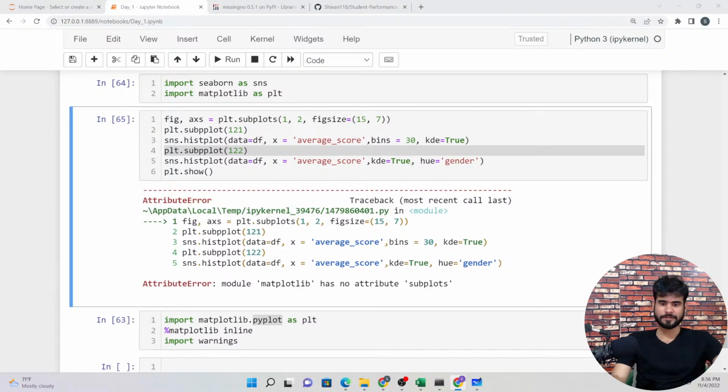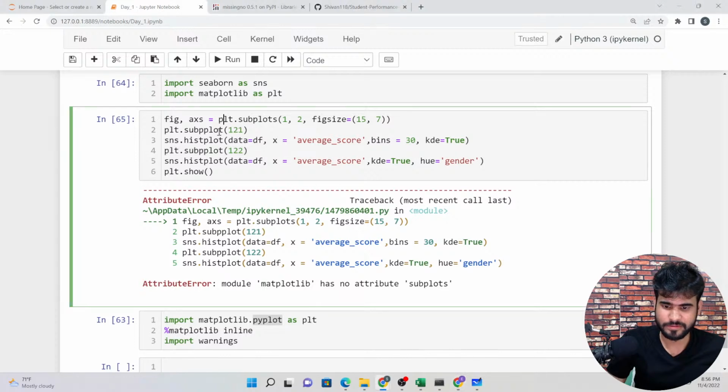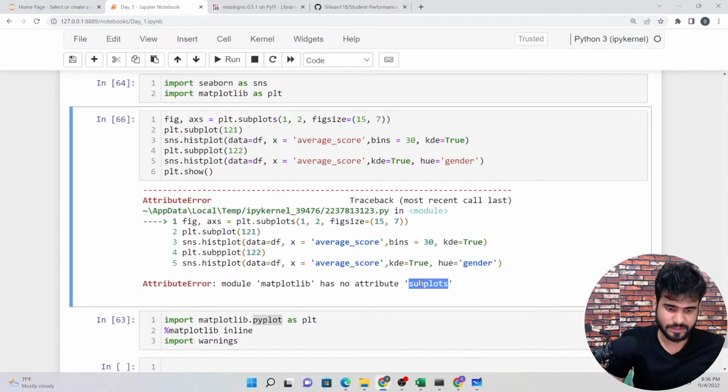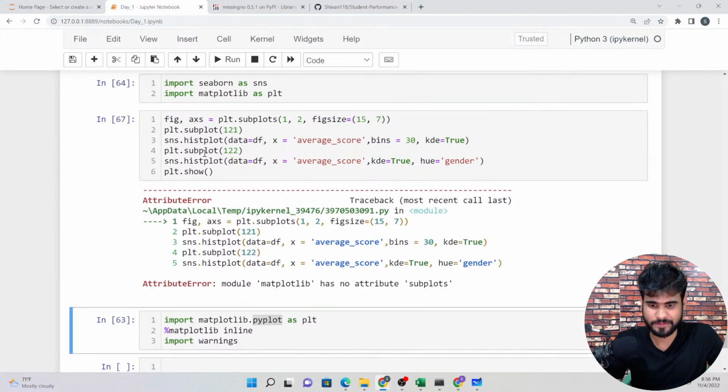Subplot is fine, right? Okay, got it here. No, again, subplots here. No.